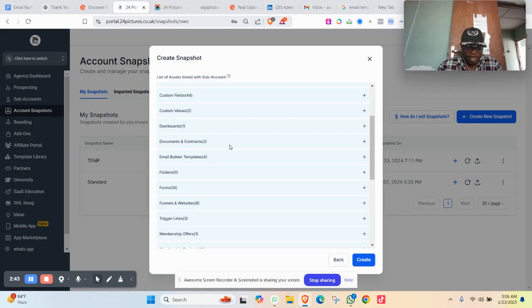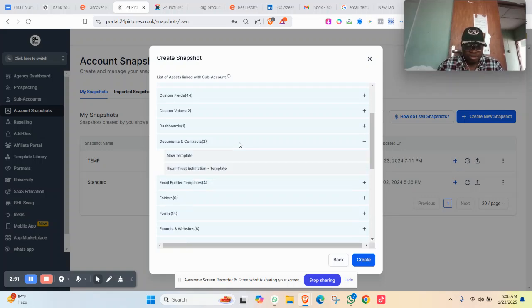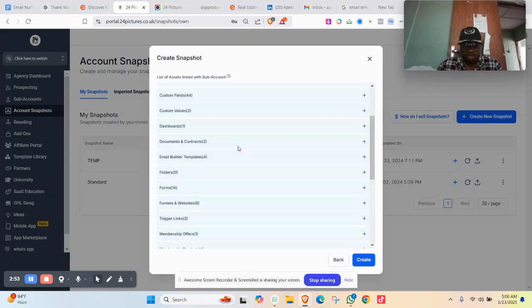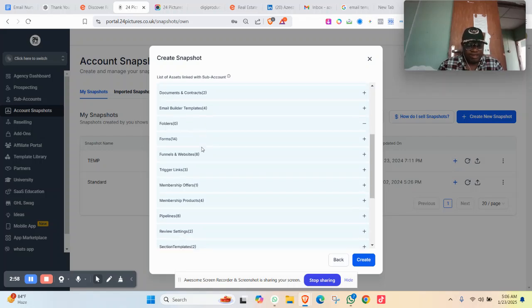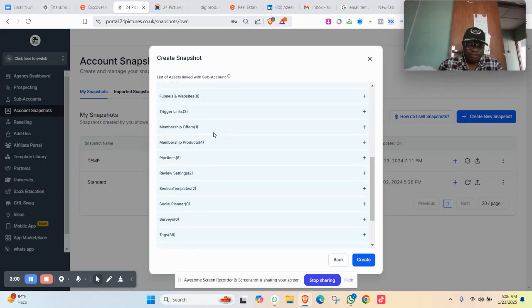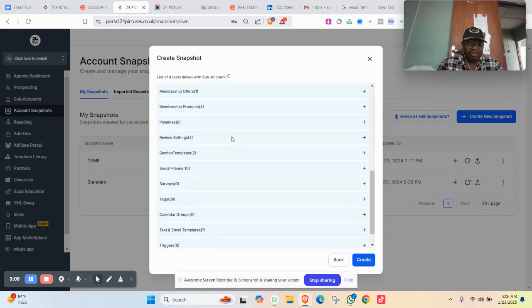Then documents or contacts, contracts. So if you have documents inside your CRM or some contract that you saved, the email templates, the folders, the forms, the funnels, triggers, membership offers, membership products if you updated them, pipelines, review settings,